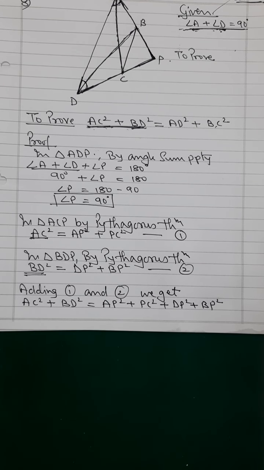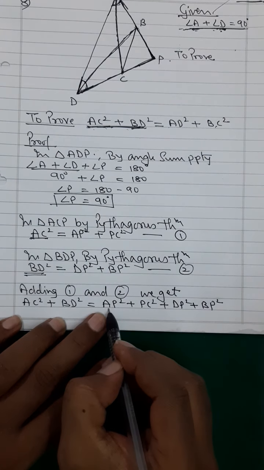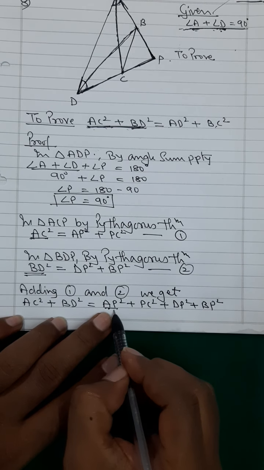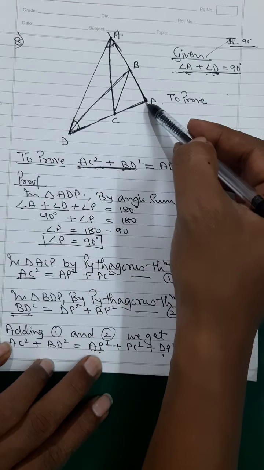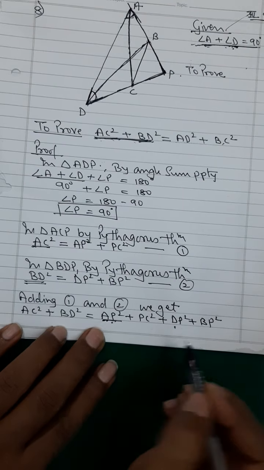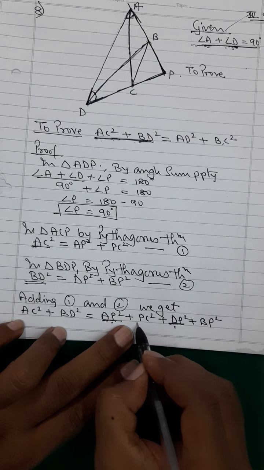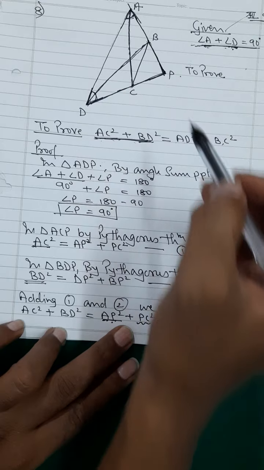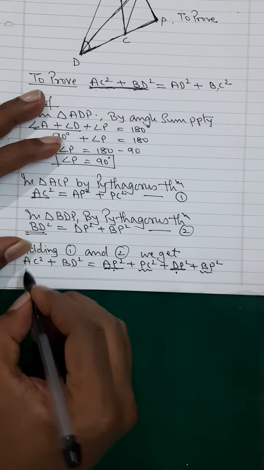Going to the next phase, first of all, are there any like terms? No like terms: AP, PC, DP, BP. So AP square plus PC square is definitely different. Do you have anything for AP square plus DP square? AP square plus DP square will give AD square. And PC square plus BP square will give BC square. That is all finished. Now you will purposely bring these two together.